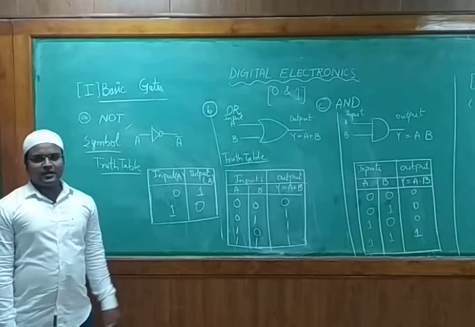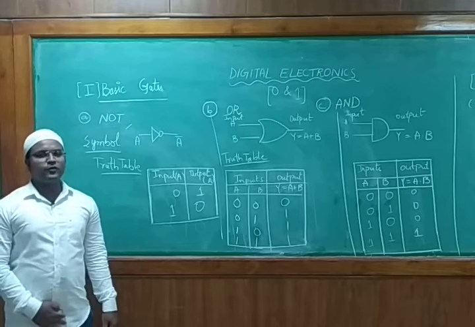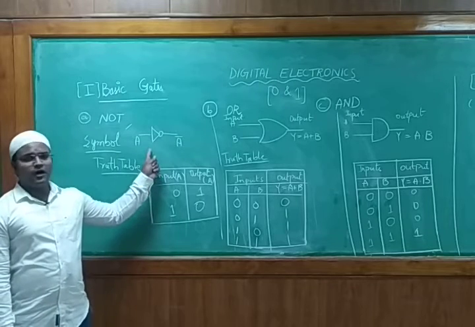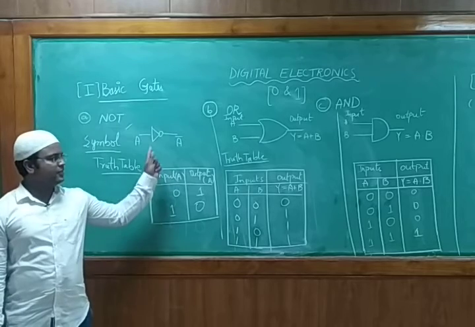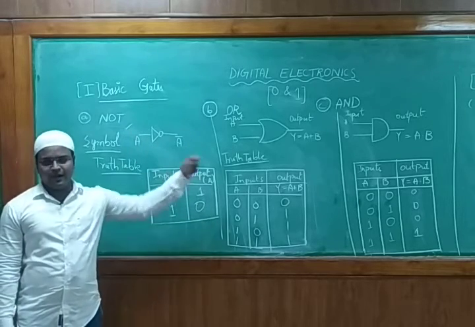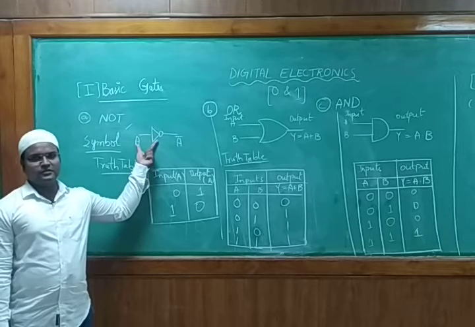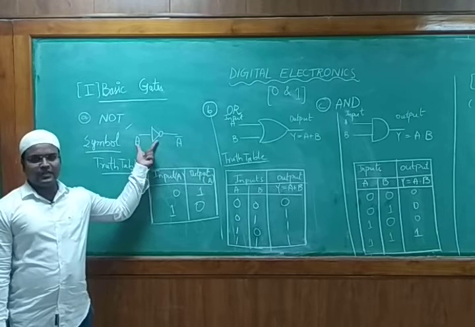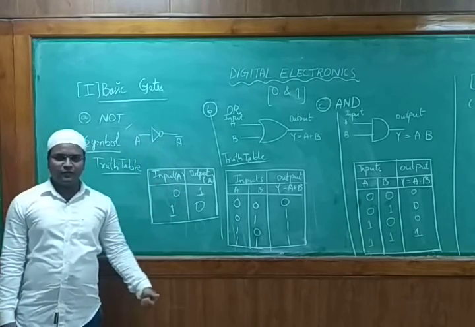In today's class we have discussed the basic gates and universal gates. In the next class we are going to understand the problem part, how to design the special types of gates by considering NOT, OR and AND. These are the basic gates we will have. Based upon this, we will have problems in order to design Boolean algebra expressions by considering these gates. That part we will see in the next class.